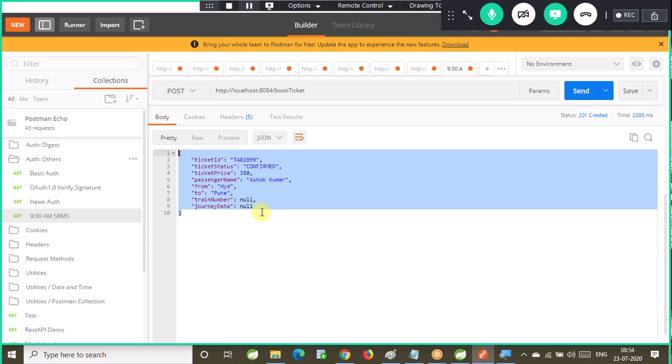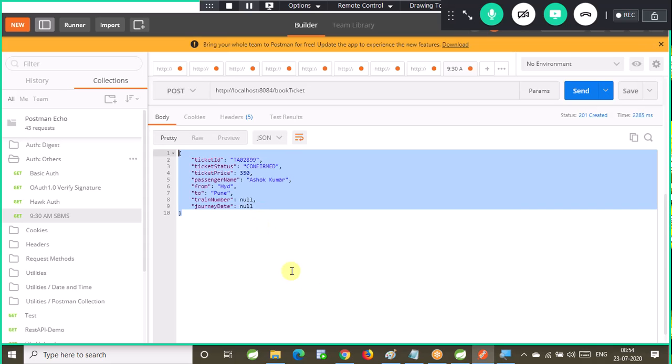So payload is exchanged between client and server, or from one API to another, or one application to another application, in the body. The payload can be sent in multiple formats. It can be sent in XML, it can be sent in JSON. It depends on which formats your resource supports. But if you go for SOAP based web services, the payload always needs to be exchanged in the form of SOAP XML only. SOAP web services will not support any other format except SOAP XML. In SOAP based web services, the payload is nothing but SOAP XML. When it comes to RESTful services, the payload can be in multiple formats. Some people may use XML, some may use JSON, some may use a text format also.